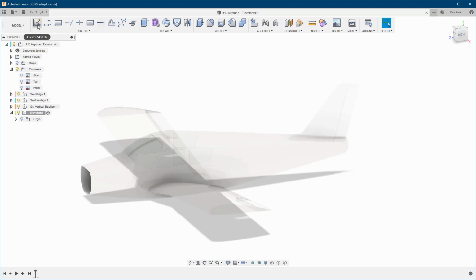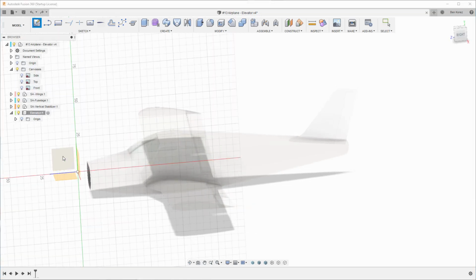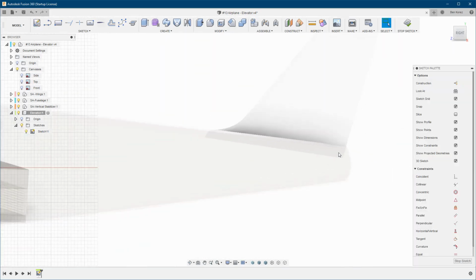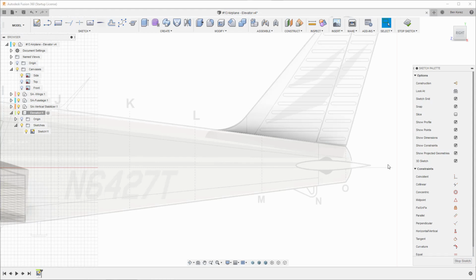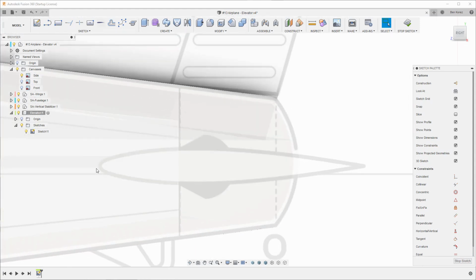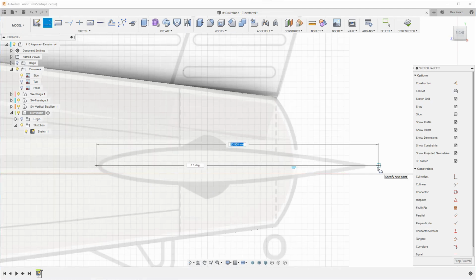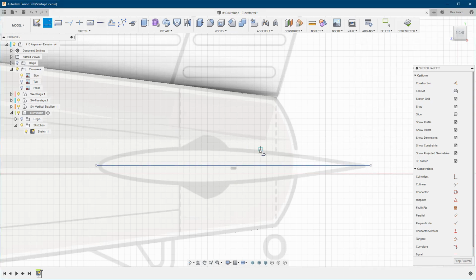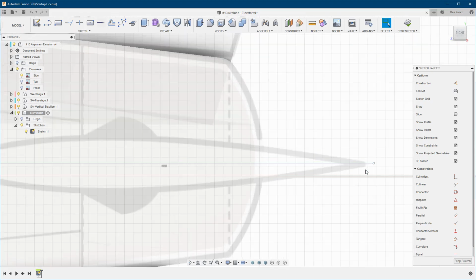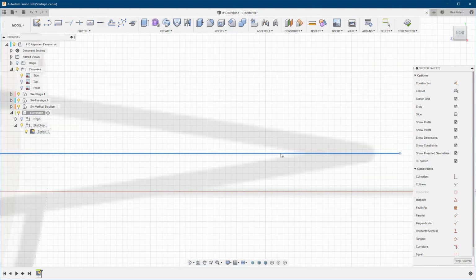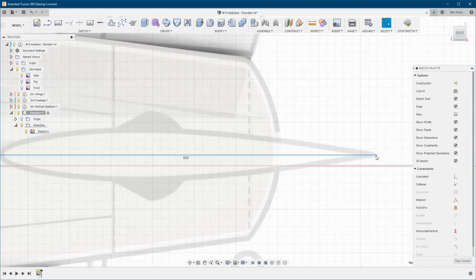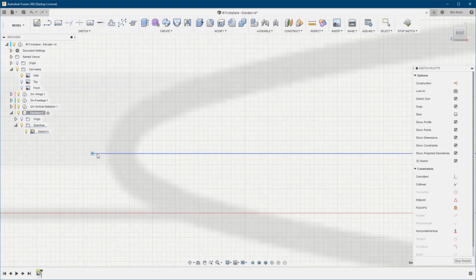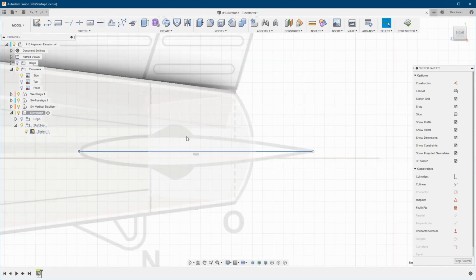So now we can just go straight ahead and start creating a sketch, and it's going to be on this plane. Now we're going to turn on the side canvas so we can see exactly where it is. And we're going to create a straight line, which is going to go through right here like that. Now I'm just going to position it exactly where I want it, and we're going to make some changes to the length like this. At this point now we need to turn it into a construction line,